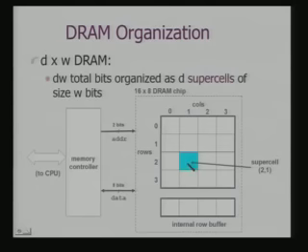Each cell now has a row address and a column address, and the CPU generates the address which goes to the memory controller. Once it receives the address, the memory controller separately generates the row address and the column address to access the data which is stored in a particular cell.